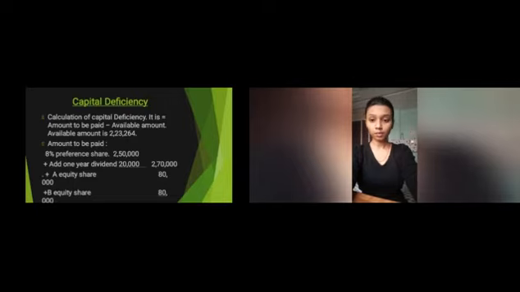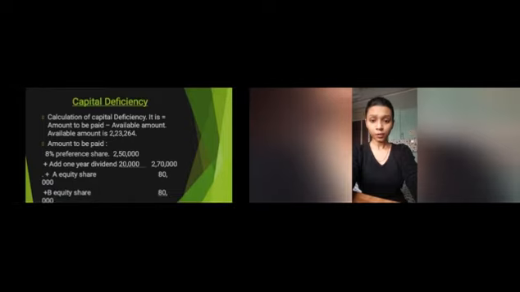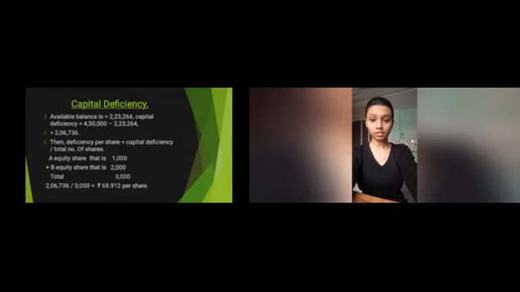Also plus A equity shares 80,000 plus B equity shares 80,000, so we get 4,30,000. Available balance is 2,23,264. Capital deficiency is equal to 4,30,000 minus 2,23,264